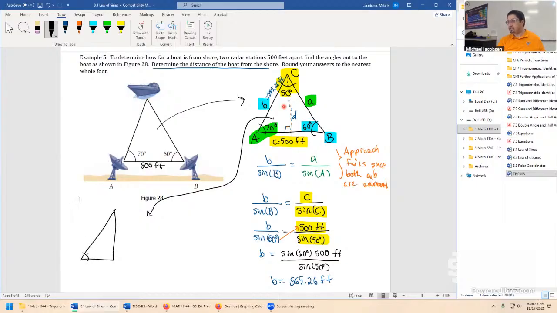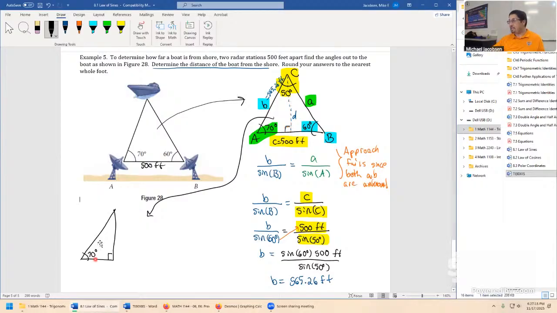We have 70 degrees going this way. Notice what information we lost though. This was 500 feet from A all the way to B. And I don't know exactly where this intersection is. It's not exactly halfway. You can see from this diagram as well. It's somewhere here, slightly less than 500, half of 500 feet. So this is really an unknown. This is something that you would have to solve for to come up with.